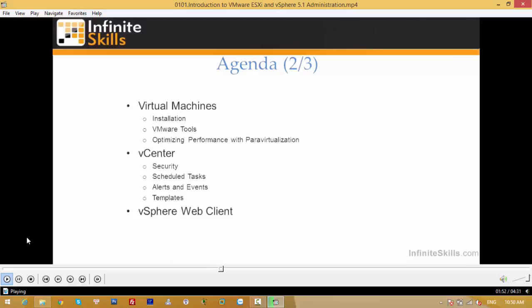We'll also take a look at virtual machines. We'll look at installing guest operating systems and installing and keeping the VMware Tools up to date. And we'll also take a look at how we can use paravirtualized devices such as the VMXNET driver to provide even lower virtualization overhead than we typically would see, and when it would be appropriate to use those things and